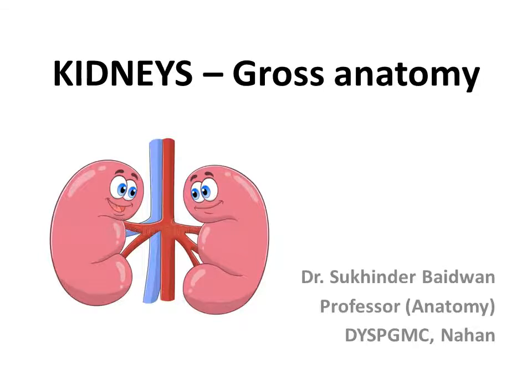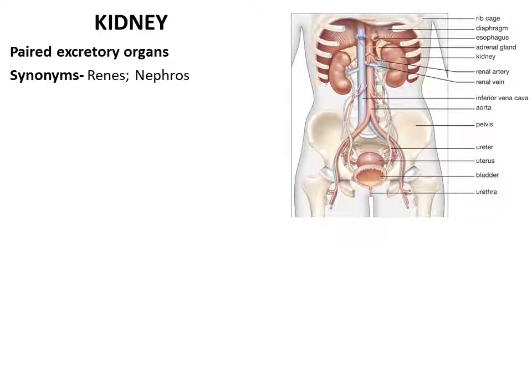Gross anatomy of the kidney. The kidneys are a pair of excretory organs which are part of the urinary system, with their main function being production of urine. The synonyms used are renal for the vessels supplying the kidneys and nephros for the syndromes associated with